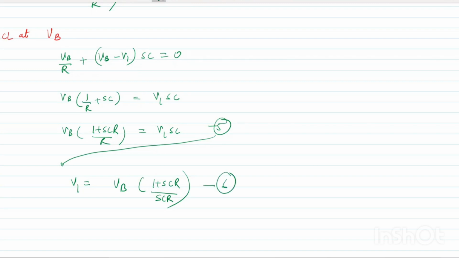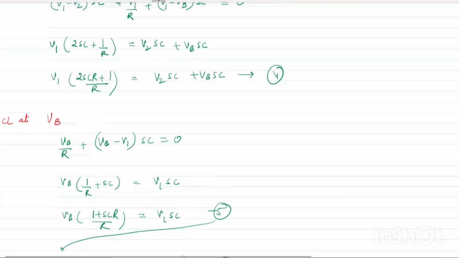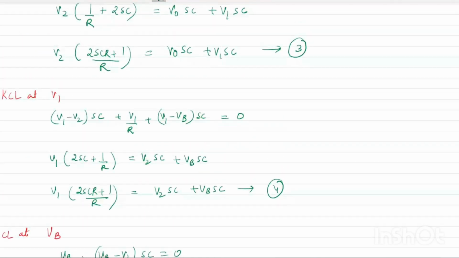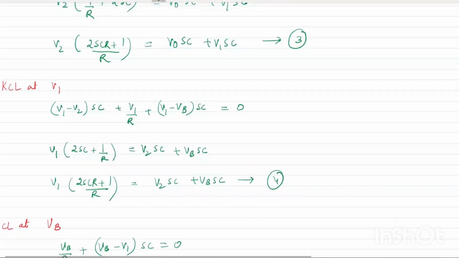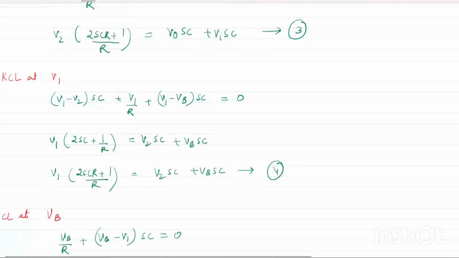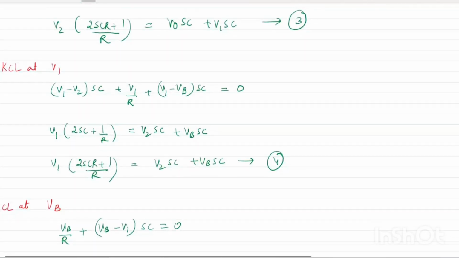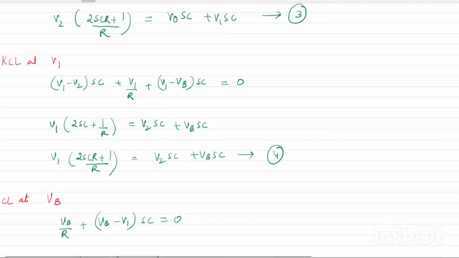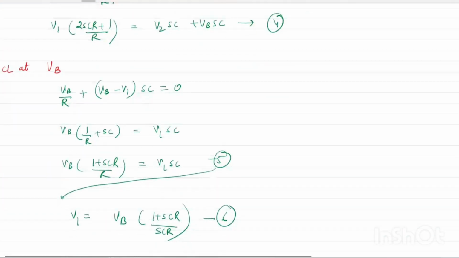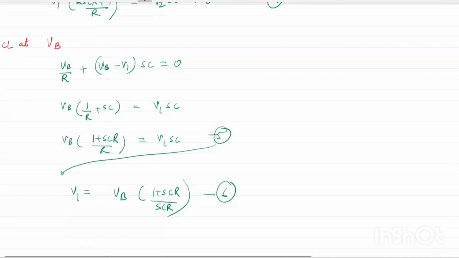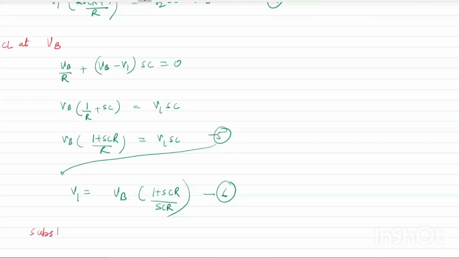From this we have written V1. V1 I have to remove from 3 and 4. Equation 5 we have already used. From 3 and 4 we have to remove V1, and V2 also. We want VB upon V0, right? So put the value of V1 into the 4th equation. So substitute V1 into 4. When you understand that we want VB upon V0, we'll substitute V1 from above